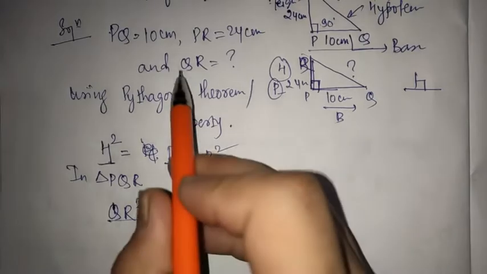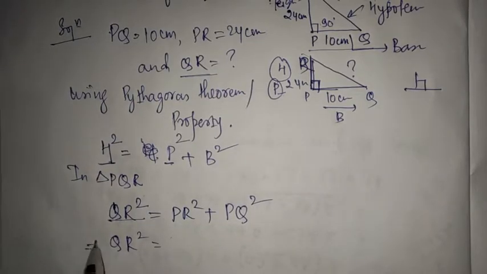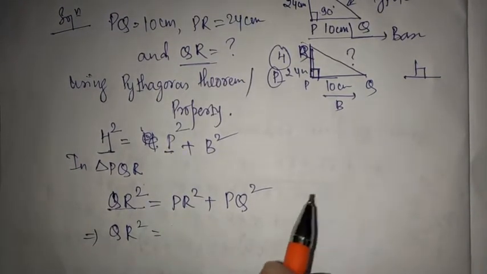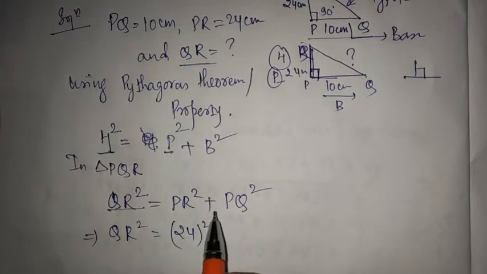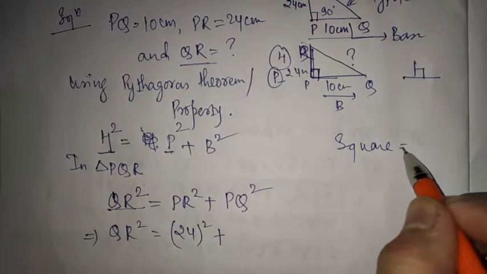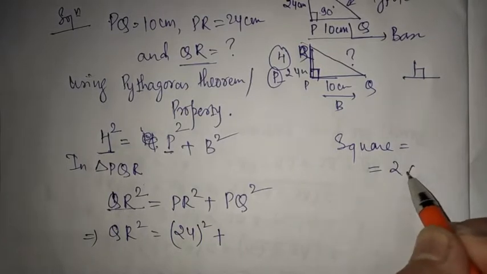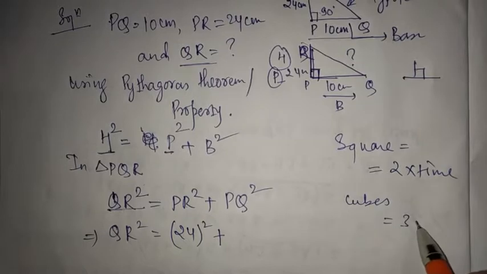So now what is the QR value? That is what you have to find. QR is the thing you have to find, so let this QR be as it is. Now PR, what is PR given? PR is given 24, so it will be squared. Students, you have to learn this new thing here, PR is the whole square. So you have to multiply 2 times, that is 24 into 24. Square means there will be 2 times multiplication. Cube means 3 times, right?